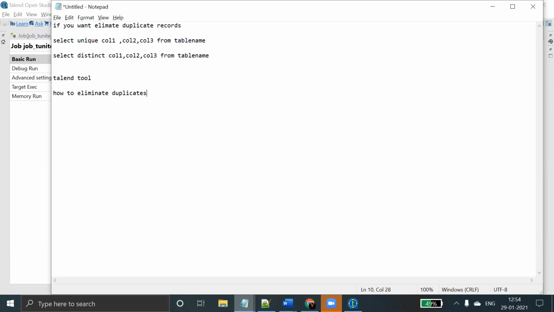So what is the component here? The component is called tUniqRow. Okay, that is the component.